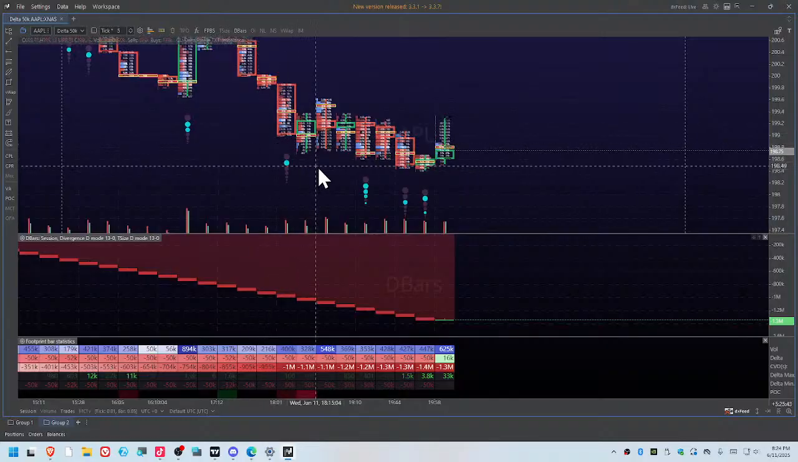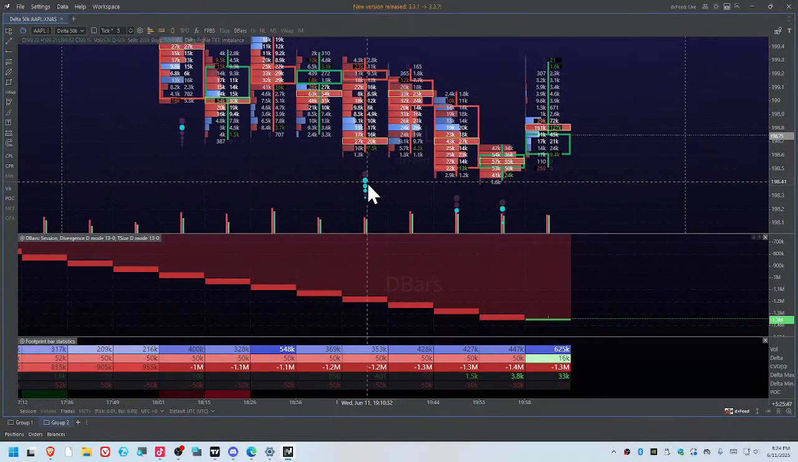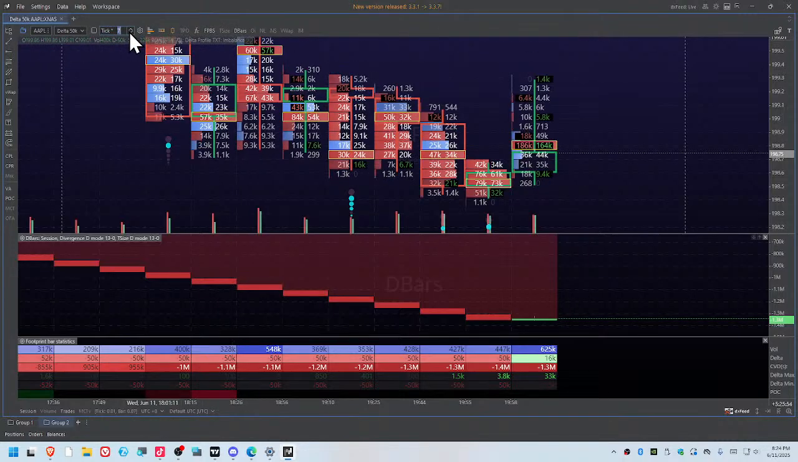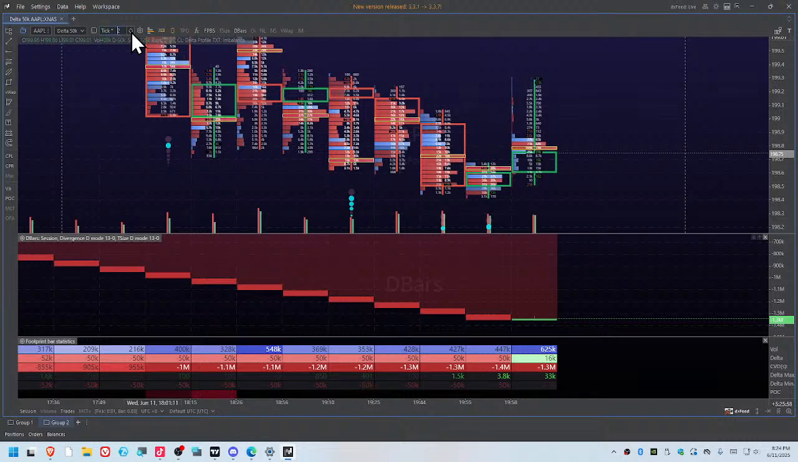You can see you constantly had negative delta. Here you had a decent amount of transactions. So it's either in this node here or this node here where you want to see. If I lower the tick size,